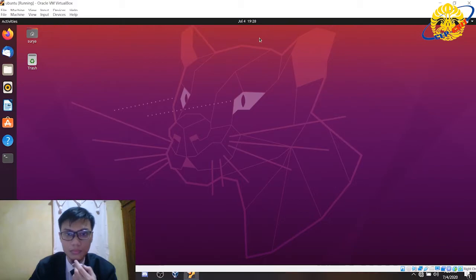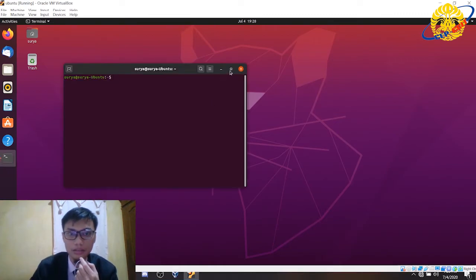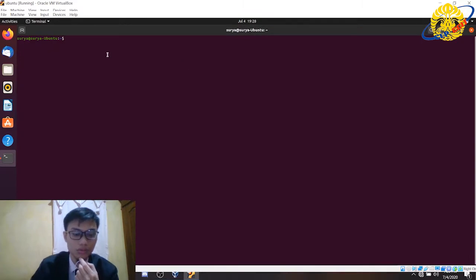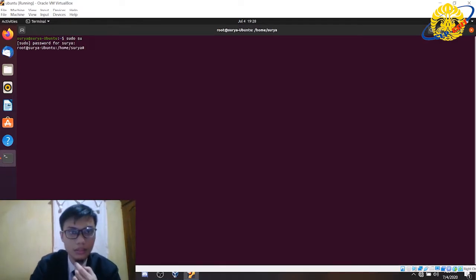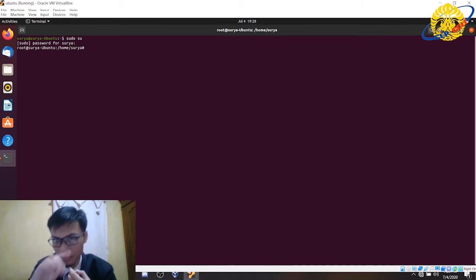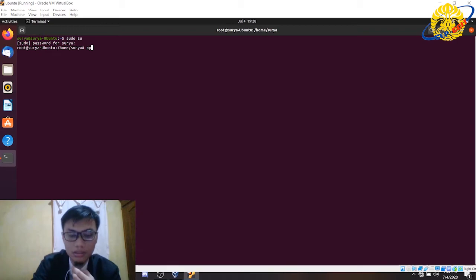Okay, now I will show you how to set up Samba server on Linux Ubuntu. First, we open the terminal and we log in as super user. Next step is install the Samba server on our server using command apt-get install Samba.